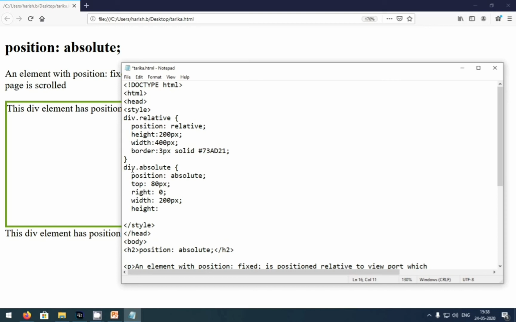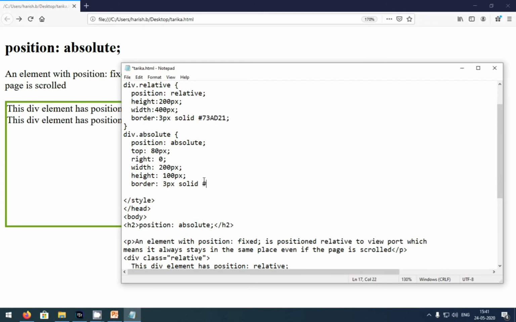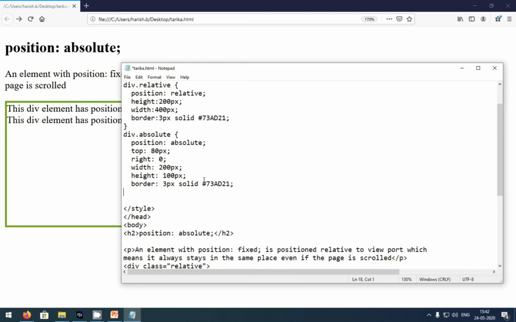I don't want a height of 200 pixels, so I'm going to write 100 pixels of height, and border is 3 pixels solid, hashtag 73AD21, and closing the declaration. So Control S and refreshing the browser.